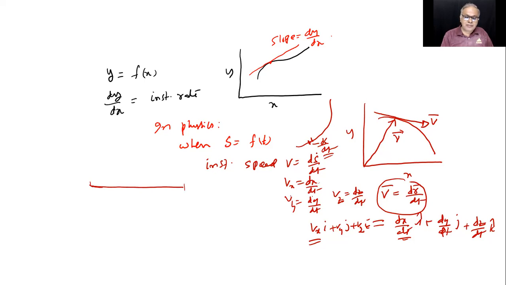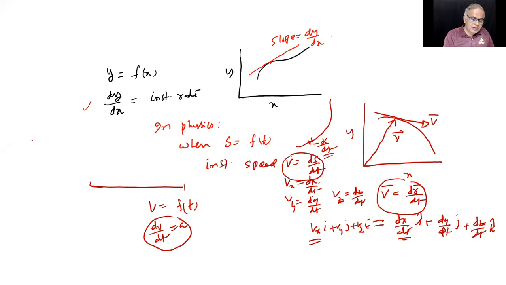So I require differentiation to find out instantaneous velocity, instantaneous acceleration. When s is f of t, v is ds by dt. Similarly, when v is a function of time, dv by dt gives what? Instantaneous acceleration. These are the two things we require. Okay. But to find out these things, we have a formula. What is that? d of y by dx.